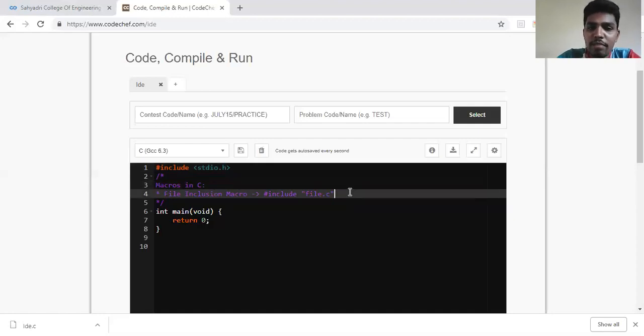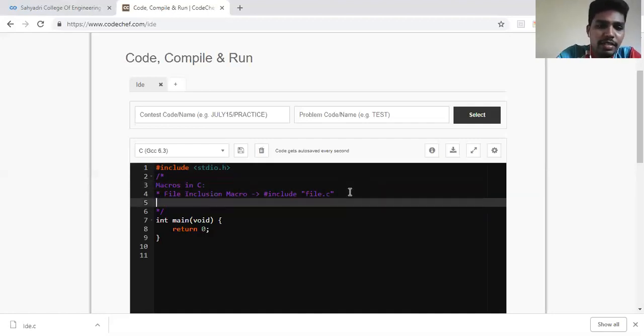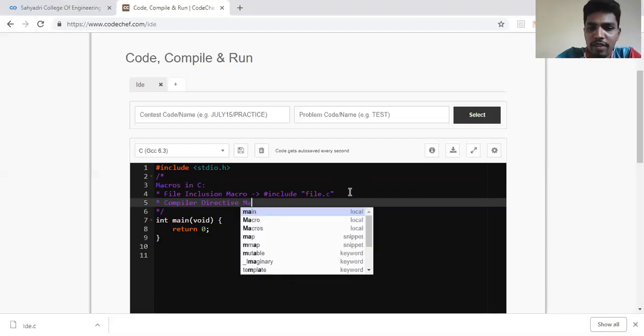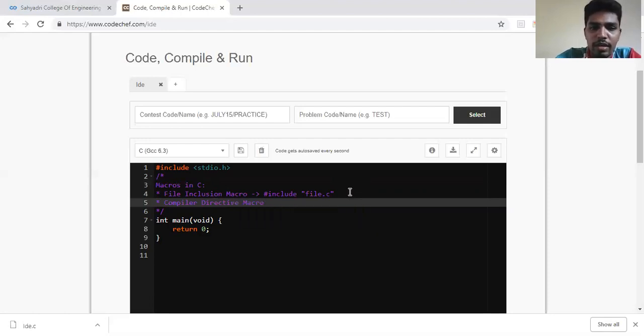The second type of macro is the compiler directive macro, and most of us have used this macro in one place or another, that is hash define. To define a symbolic constant or to define functions, we can use this macro.